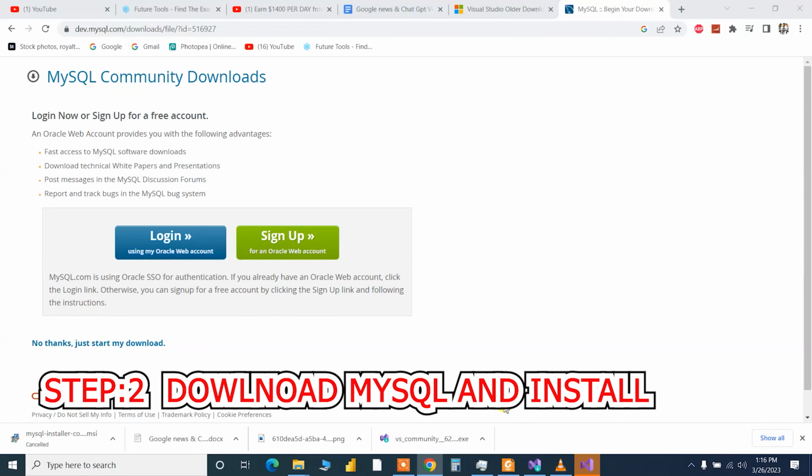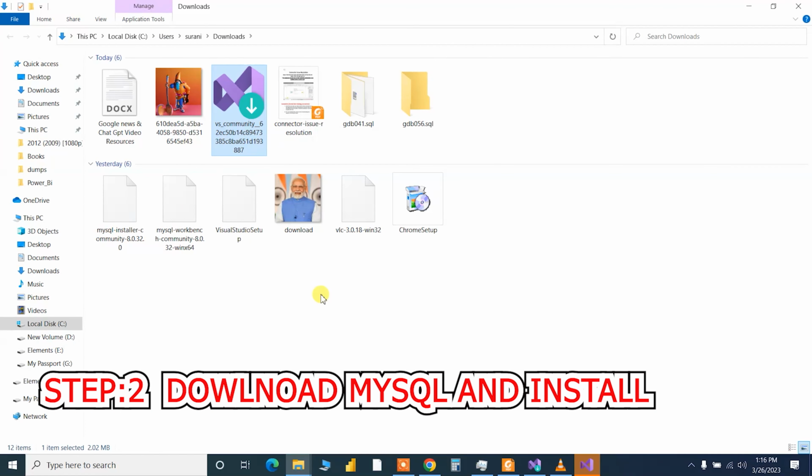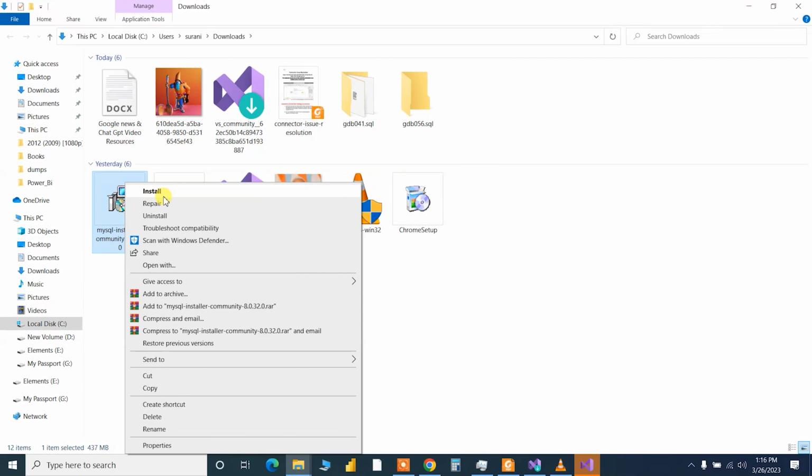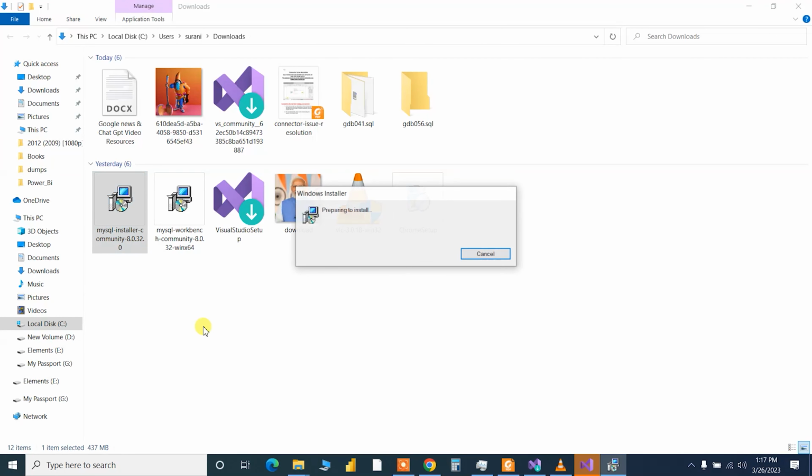Let us go to the installation media. I have already downloaded the 45 MB Workbench and the installer. Now I will install the MySQL installer, which is approximately 437 MB. I will go to the installer